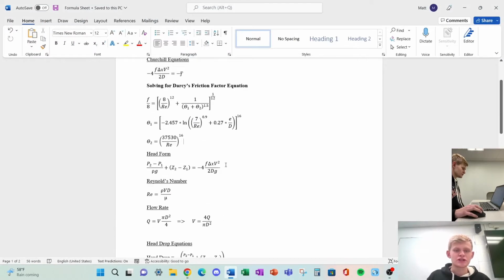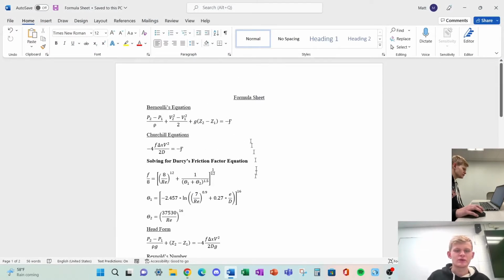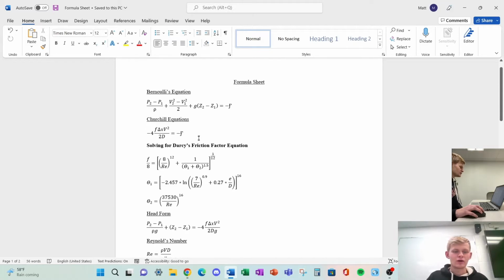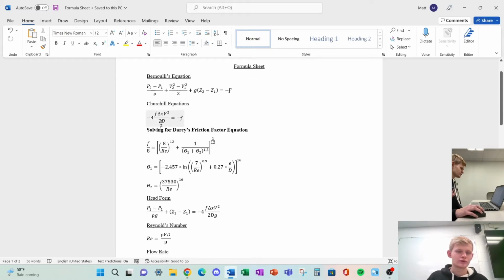This equation sheet will give us all of the information that we need in order to calculate all of these head drops and given flows. Starting at the top, we have Bernoulli's equation, which is going to calculate our heating from friction, which is our change in the pressure divided by density, our change in the velocity of the fluid squared divided by 2, and gravity multiplied by the change in height. Then we have our Churchill equation,